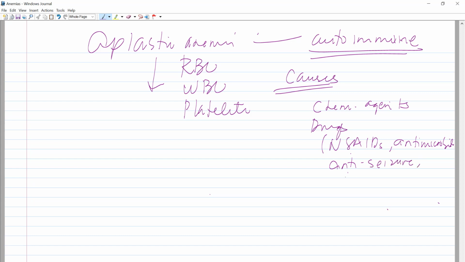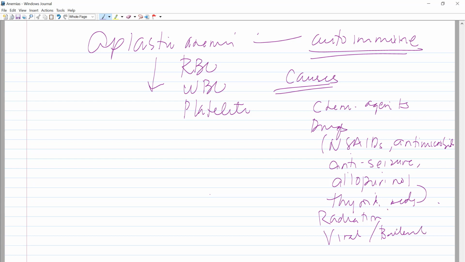And we just talked about allopurinol can also increase the risk for a client to have aplastic anemia, or thyroid medications. Not only that, radiation. So if your patient underwent radiation or had viral or bacterial infections, that can also predispose them to have aplastic